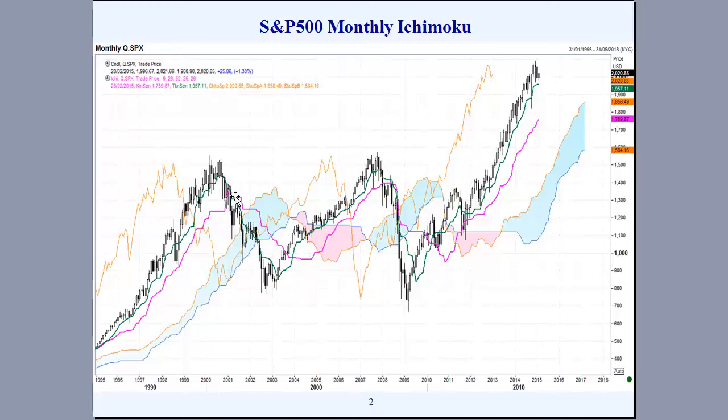The warning here, when we do actually breach both the Kijun-sen and the Tenkan-sen, is a little bit late, but certainly not being long in this market after the breach would have saved us a lot of grief as the major downtrend developed and then eventually breached the Ichimoku cloud.